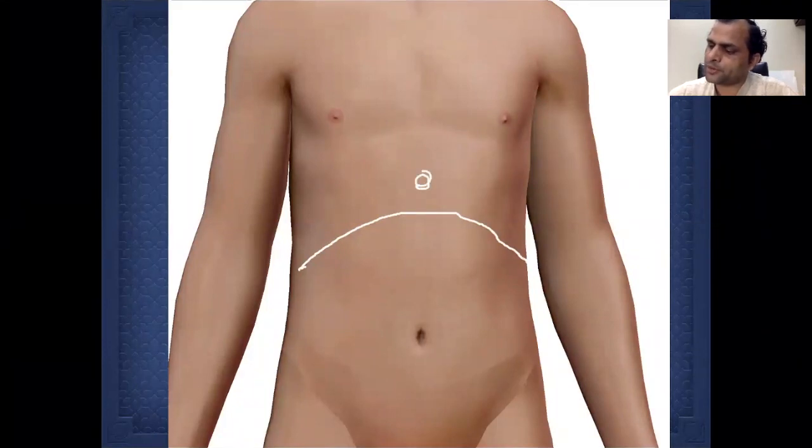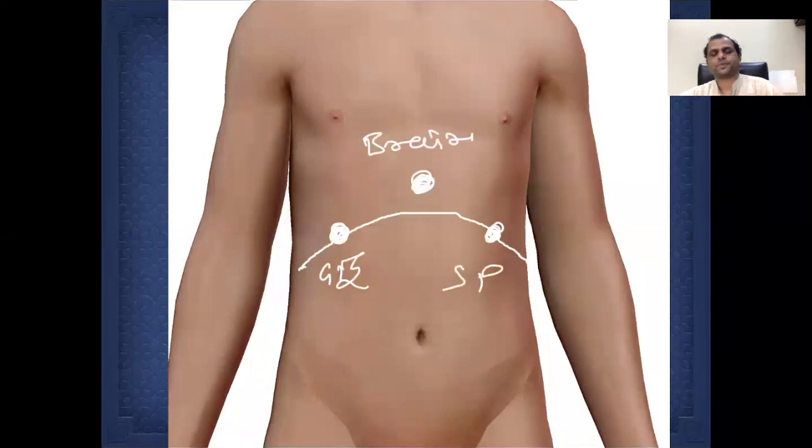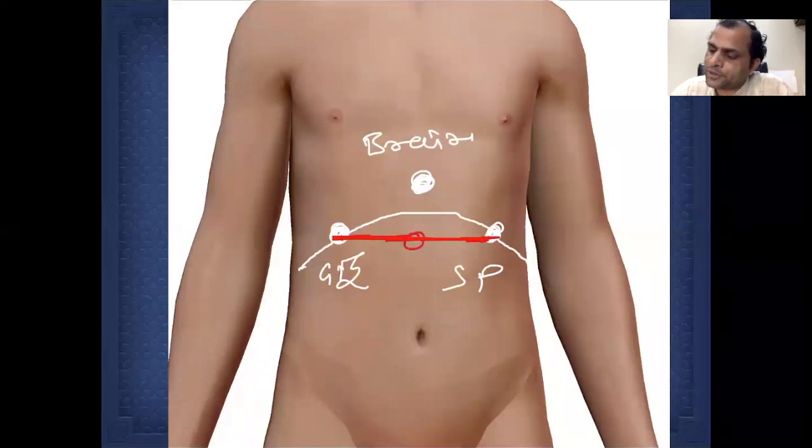And this is the brain point. This is in the nipple line, on the right side, this is the point of gallbladder. On the other side, this is the point of spleen or pancreas. Now, if we draw a horizontal line from gallbladder to spleen, the center point is called